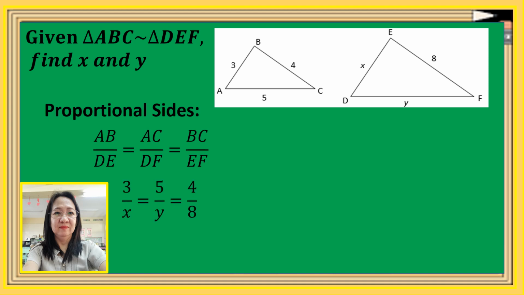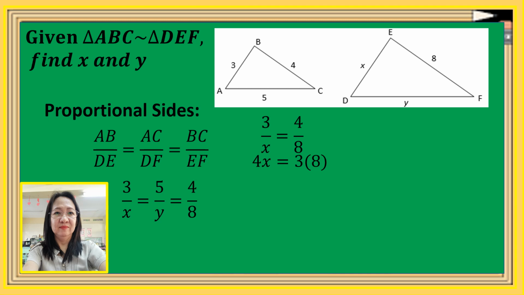So substituting the given, we have AB is 3, DE is X, AC is 5, DF is Y, same with BC which is 4, and EF is equal to 8. So similar to our past videos, in solving proportion, we have to look for the ratio where there is a complete. So we have to use 3 is to X is equal to 4 is to 8 to find the value of X. By cross multiplication, we have